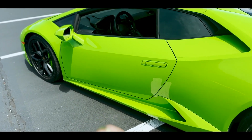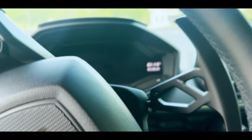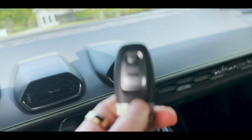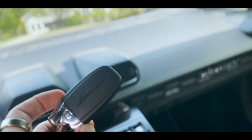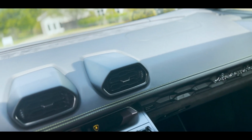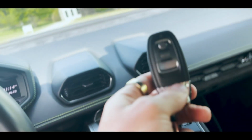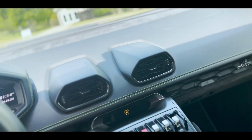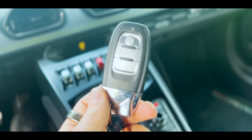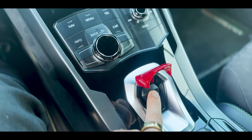So let's hop in and let's have a look. First thing I noticed about this thing, which is maybe a little unfortunate, is this is the exact same key as my Audi. Which, I don't know, kind of ruined my first impression, but the second I got in, you quickly forget about the crumminess. You pay 200 plus grand for a car and you get a very crummy key. But Lamborghini, you are forgiven for your $100 key because the second you start this thing,